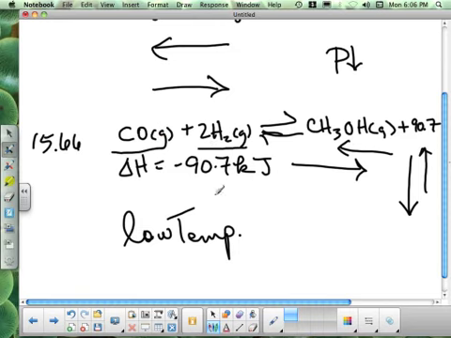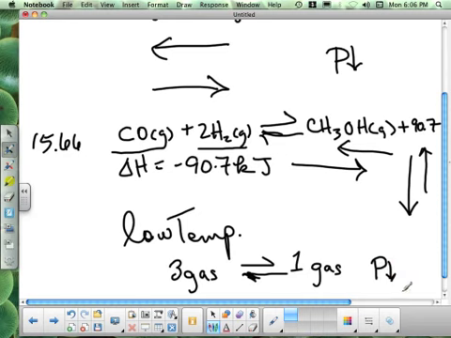So if I want to maximize my yield of product, then I definitely want a low pressure, which will shift me towards the side with fewer particles. So low pressure, low temperature for this equilibrium. And that is going to conclude our